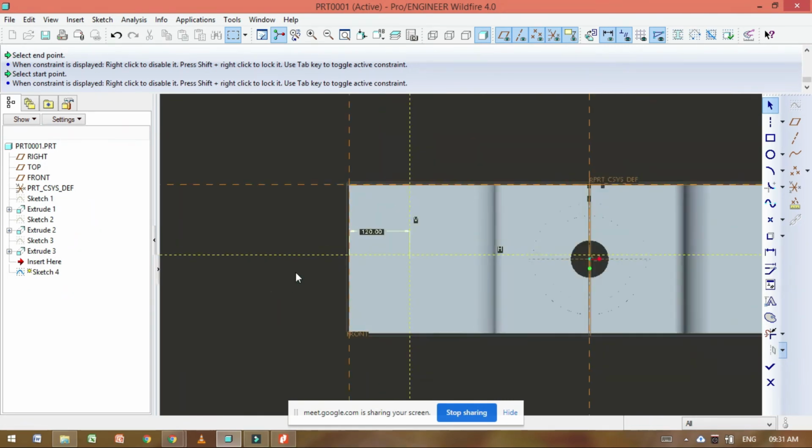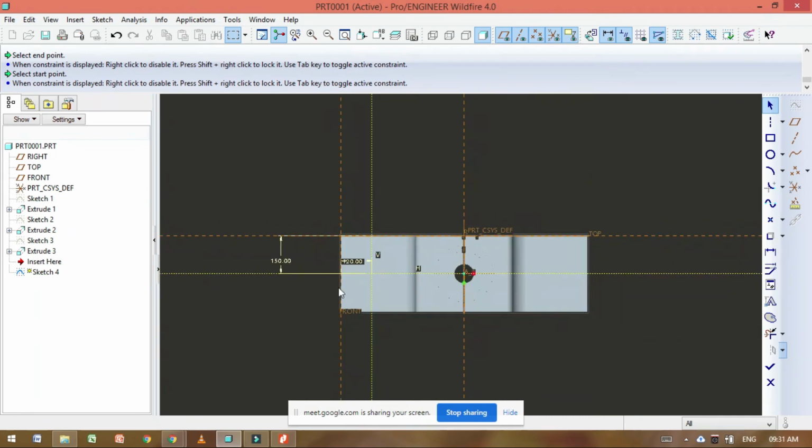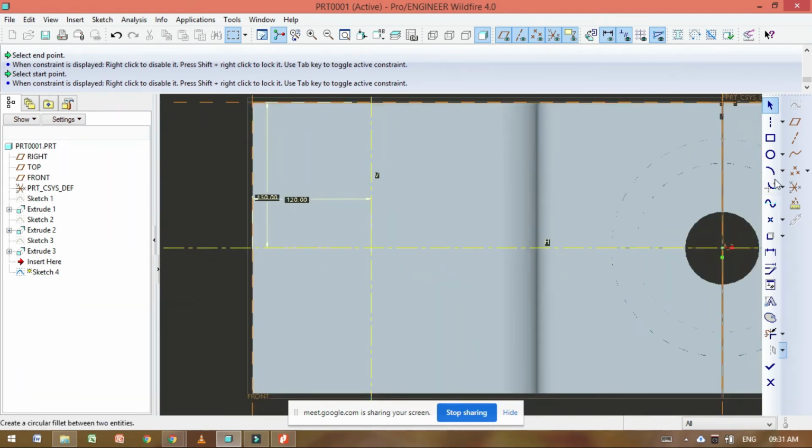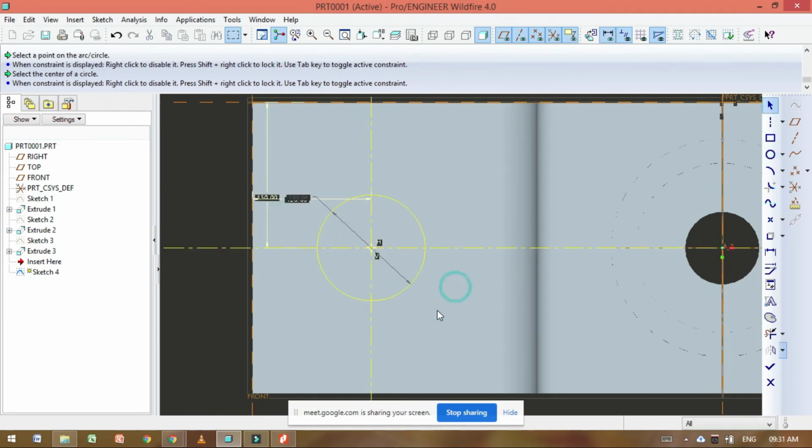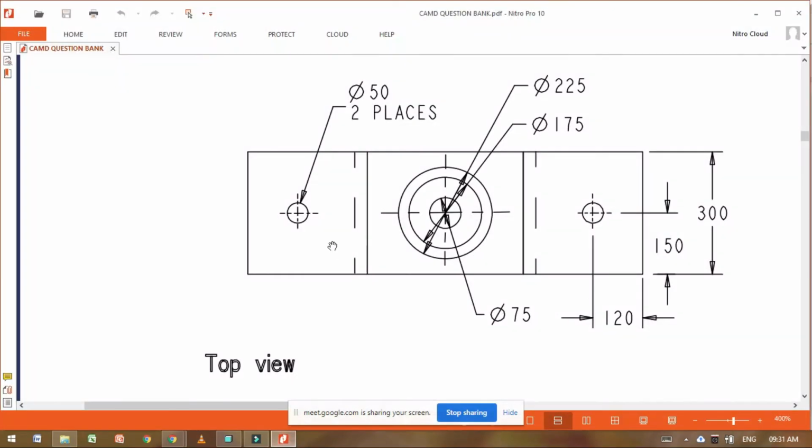Okay. Then here height from this point to this point is 300. So click on normal command, this line and this line. Press middle button of mouse. Double click here. Then 150. Total 300, so half is 150. Now here we can draw the circle. Draw the circle, and diameter of the circles is given how much? 50.